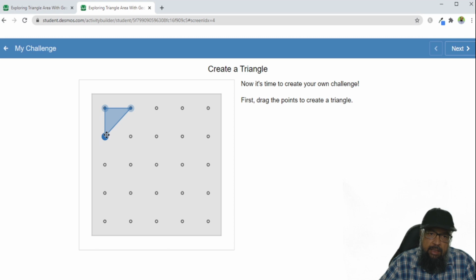So let us create any triangle and move this to in the middle, and I can stretch this, and now I know the area of this triangle will be 1 2 3 4 1 2 3. 12 divided by 2 is 6. Now my triangle is complete. I will click next.